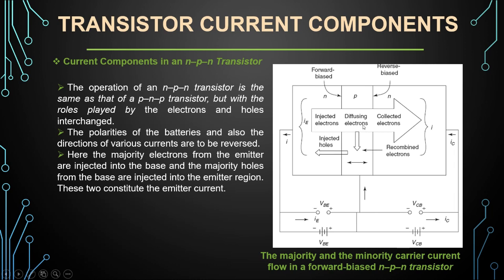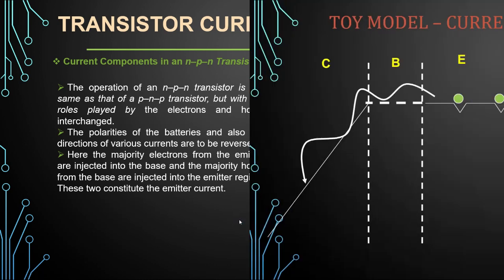In the P side, the base, they are diffusing, that means recombination, and the collector is collecting the electrons. So this is the flow of electrons, like this. The conventional current direction will be in the opposite direction. So we have to remember the recombination concept at the base, right? I hope this concept is clear.